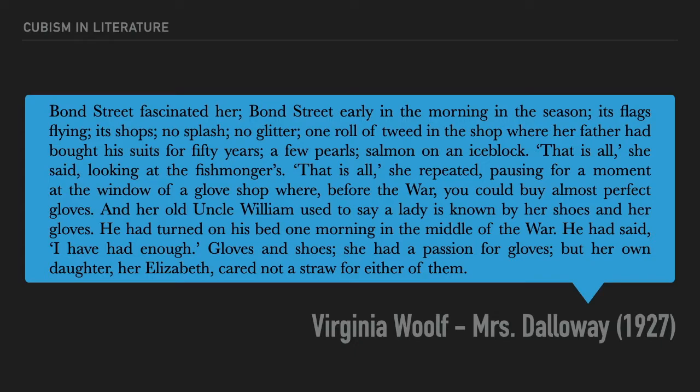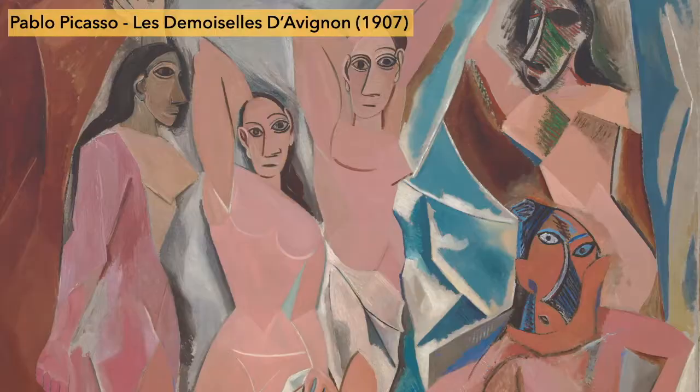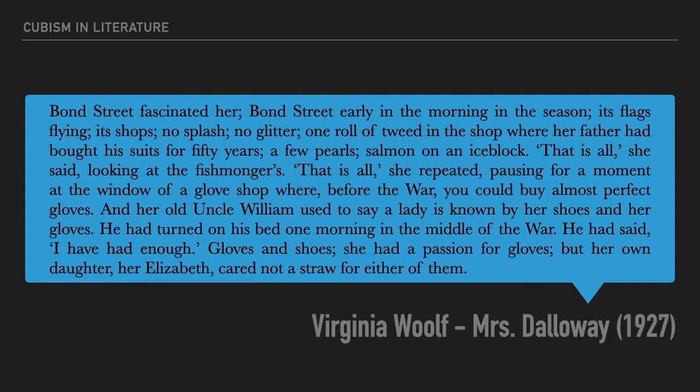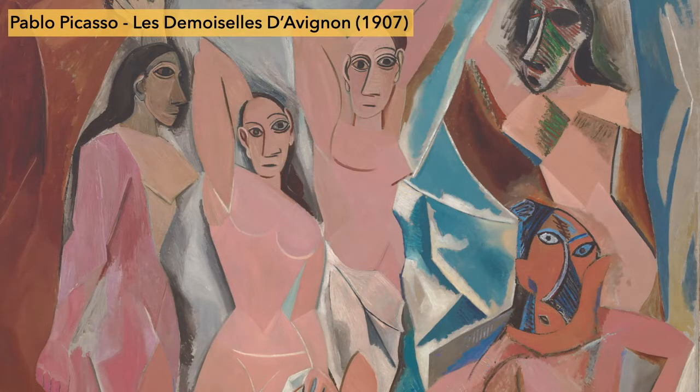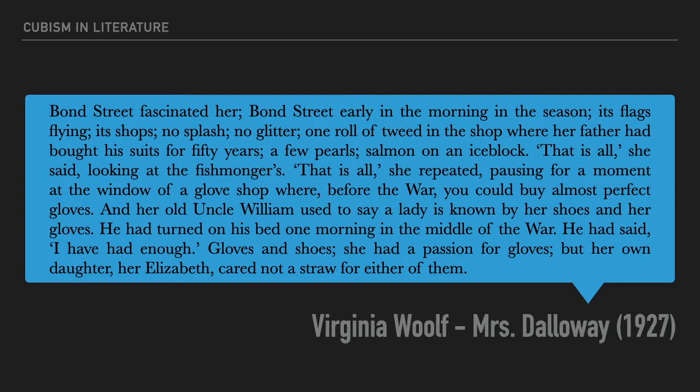It almost feels like someone who's trying to write what it would be like to have a novel in ADD version, just going from topic to topic. There's no reason to settle on them. But again, that's kind of the point. Each of these digressions, when she goes from salmon on an ice block to that is all, it's a little bit like Picasso painting the person on the bottom right. What about an angle that you can't actually even see with your own eyes? Mrs. Dalloway is trying to give you every possible angle at once from the perspective of the titular character, Clarissa Dalloway, in a manner that might be termed literary cubism.